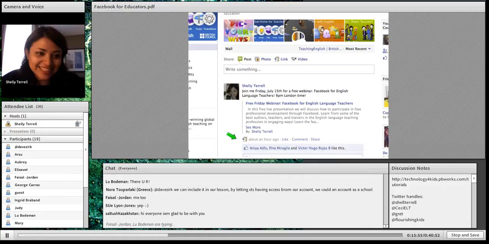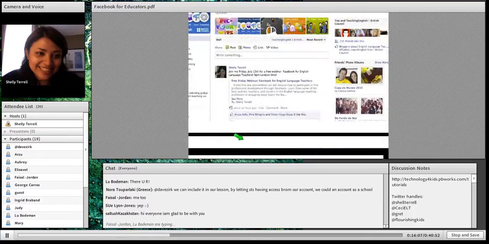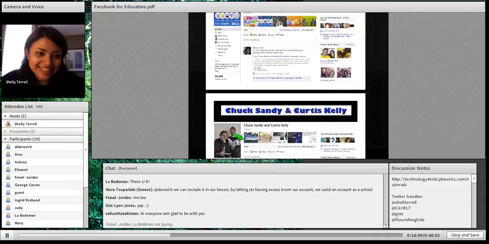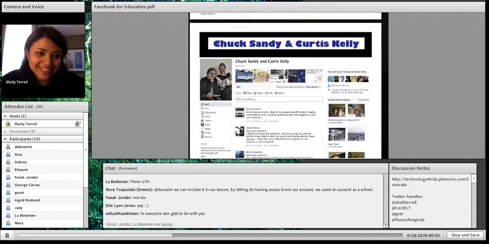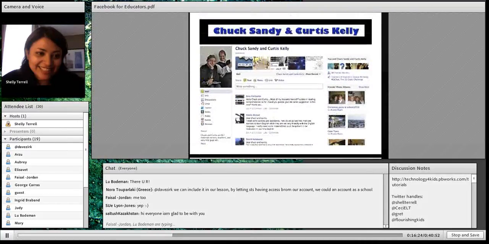Another great thing is if you're an administrator, if you look where this green arrow is, then usually it'll tell you how many people viewed that particular status update. So usually when I'm moderating a page, it'll say, oh, well, 100 people saw it, or 500, or 1,000 if I posted something really good. And doing that is really great, because then you're really able to see what kind of information people like.